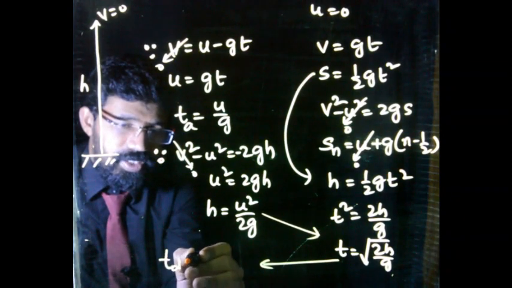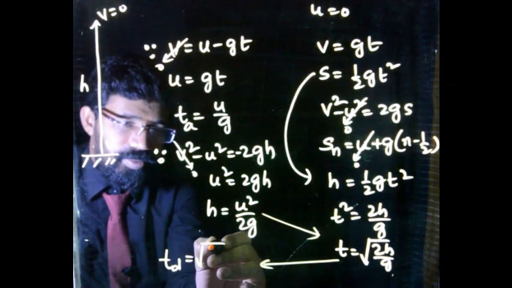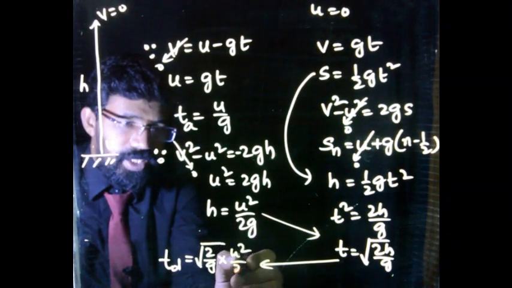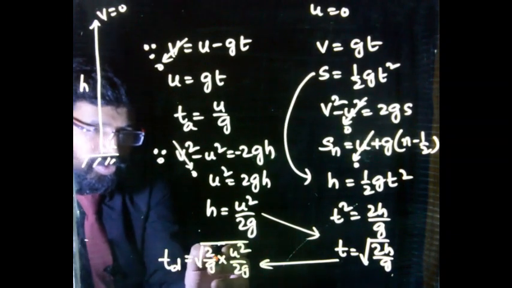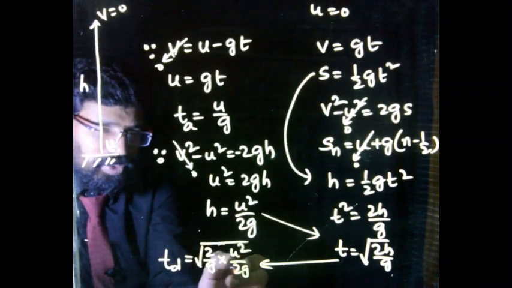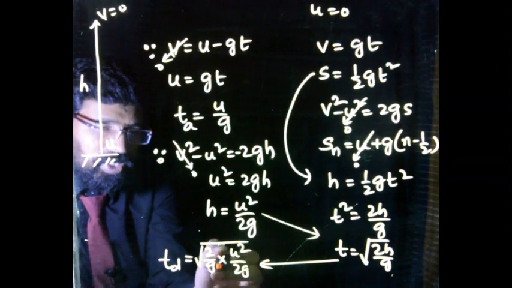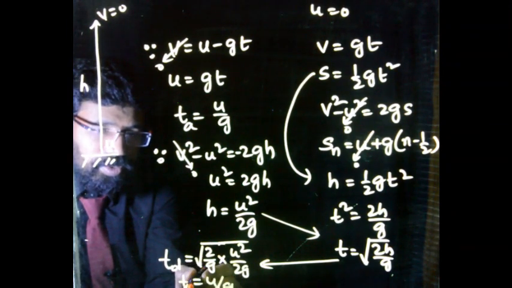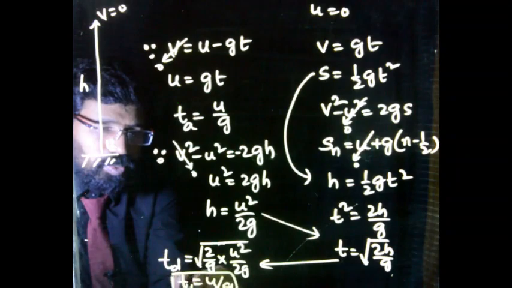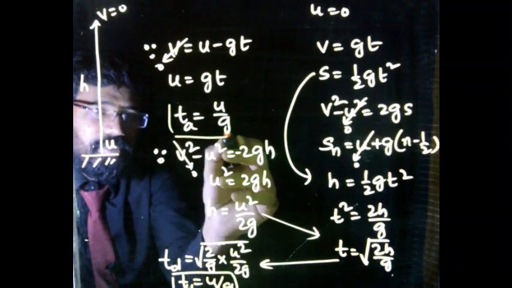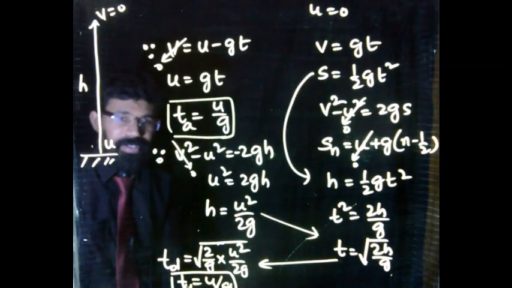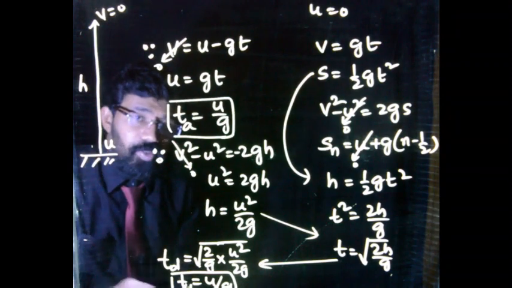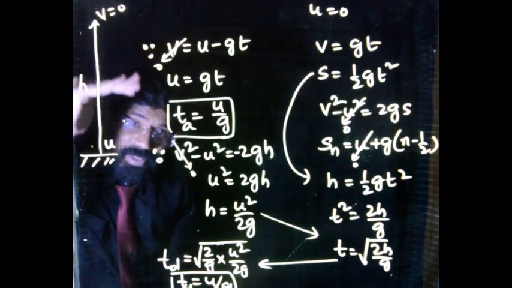Time of descent is equal to under root 2 by g into h. H is what? u square by 2g, isn't it? So 2 gets cancelled, and you are left with u square by g into g square. So u square by g square under root, what you will get? u by g. So time of descent is equal to u by g. And see here, what is the time of ascent? Time of ascent is also u by g. So here time of ascent and time of descent both are same. In whatever time it goes in the upward direction, in the same time it comes back to